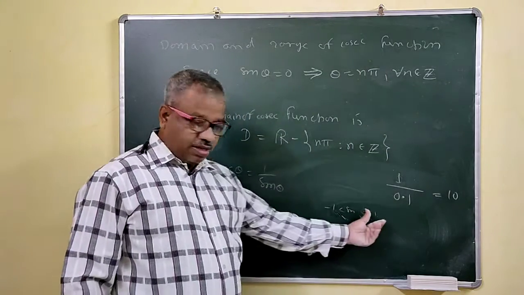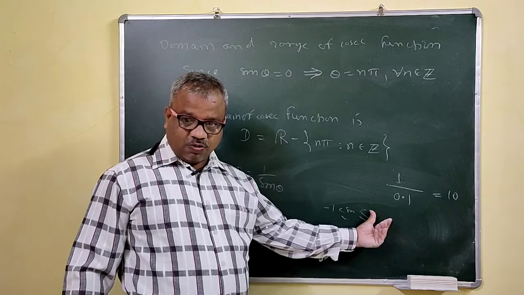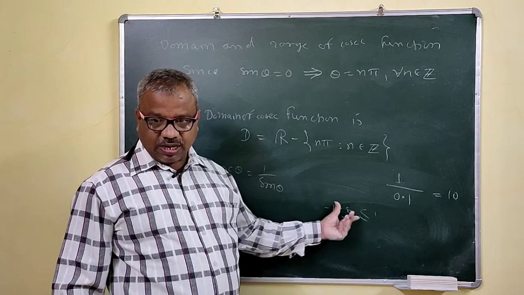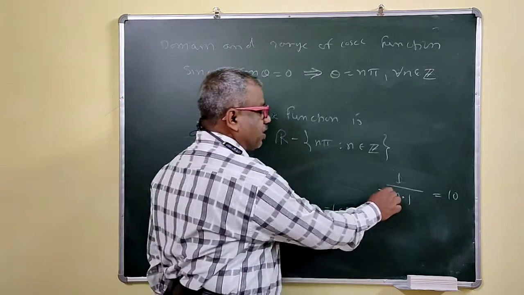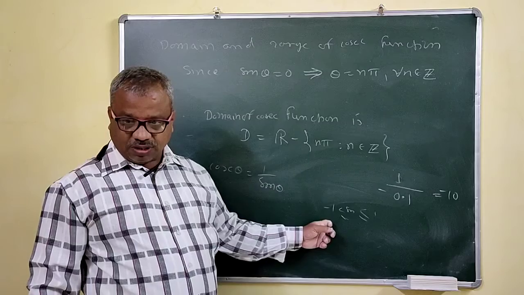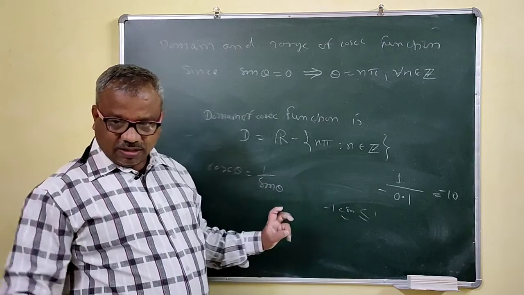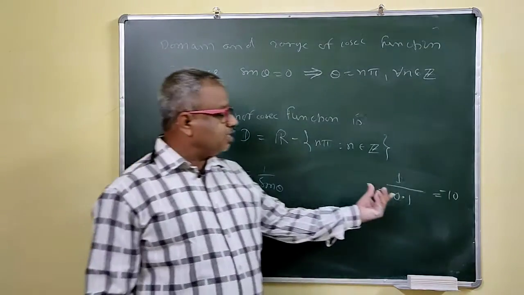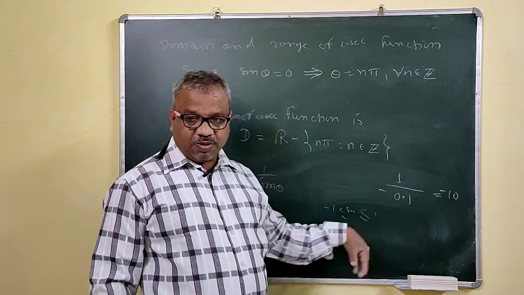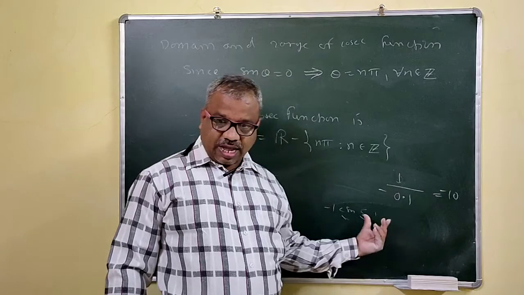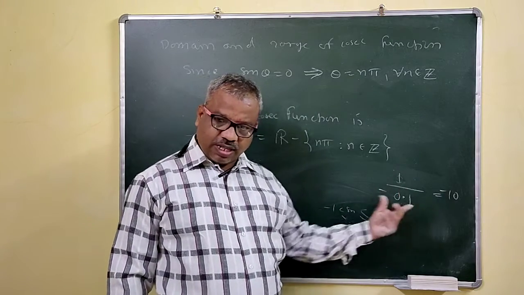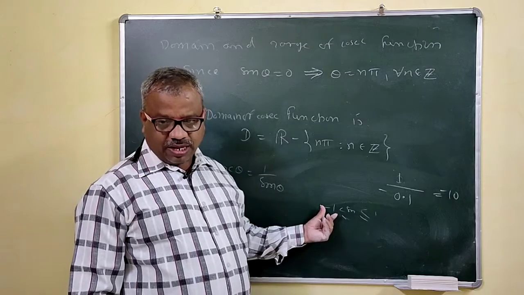It is greater than 1 and less than -1, because if this is minus, then this is -10, and -10 is less than -1. That means if you take the reciprocals of numbers lying between -1 and 1, your output will be greater than or equal to 1, because the reciprocal of 1 is 1, and less than or equal to -1.